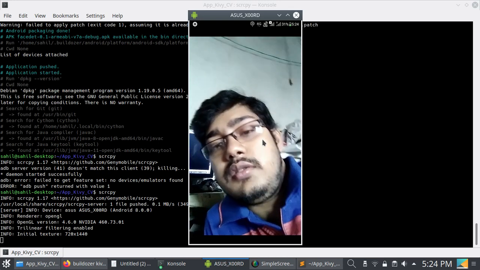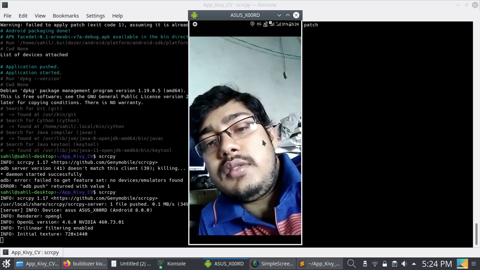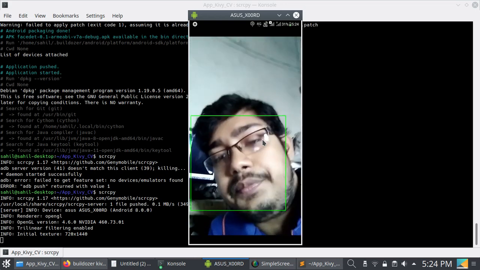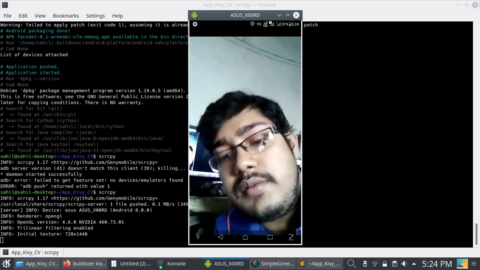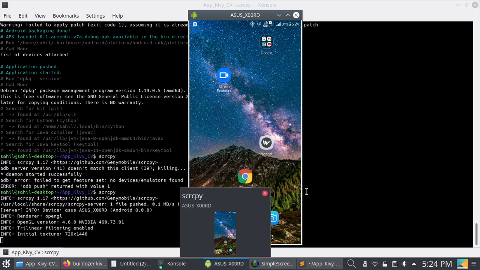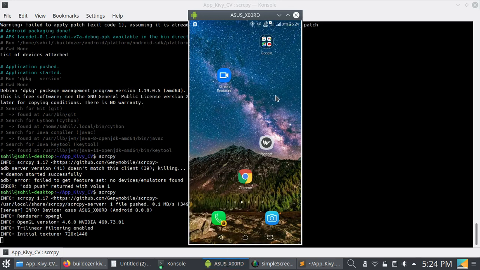It is detecting my face. So that's all, it is working. Thus you can convert this OpenCV application into an APK with Kivy.